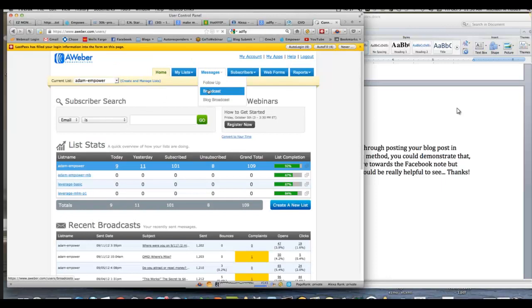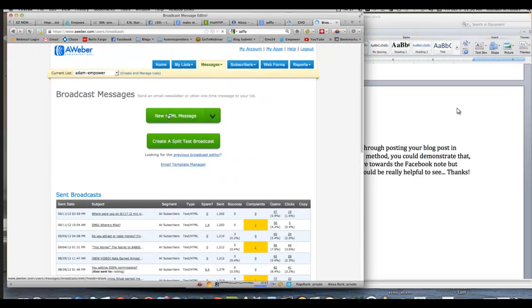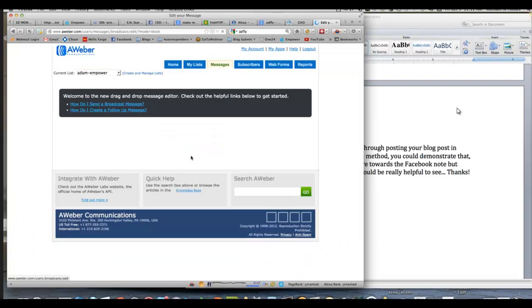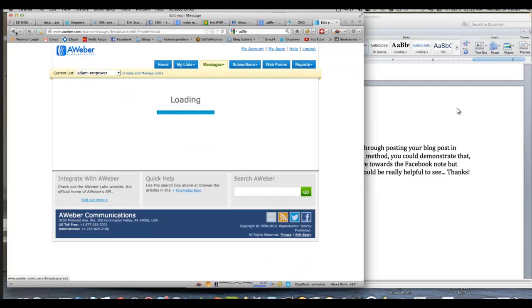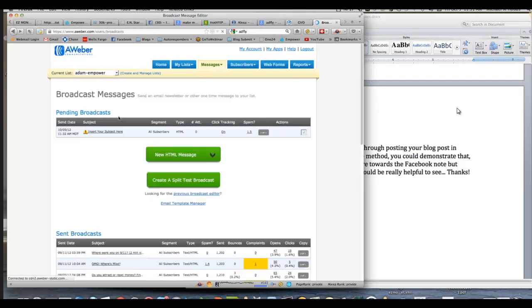So when you do a broadcast message, we don't even use Aweber much anymore, but let's say you click new message. Actually, I hate using the new editor. I like the previous editor.